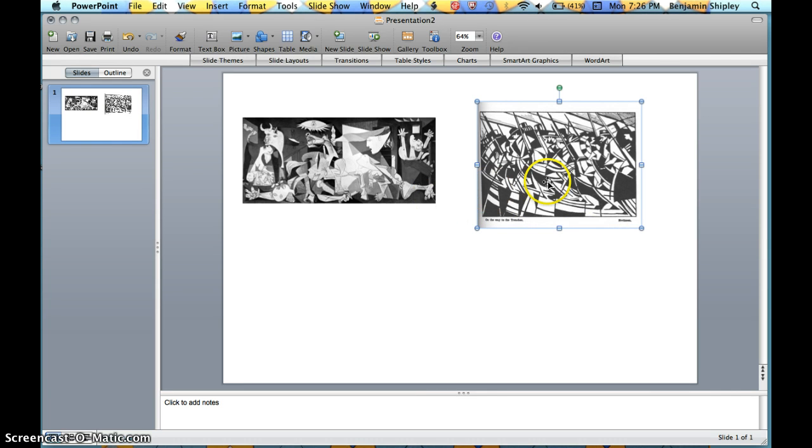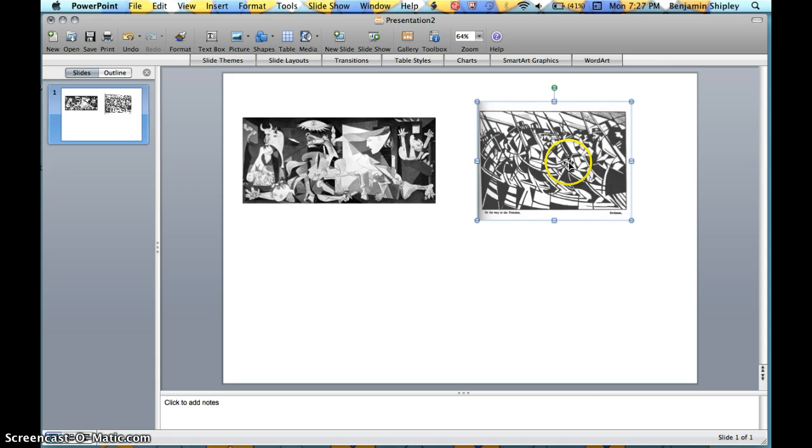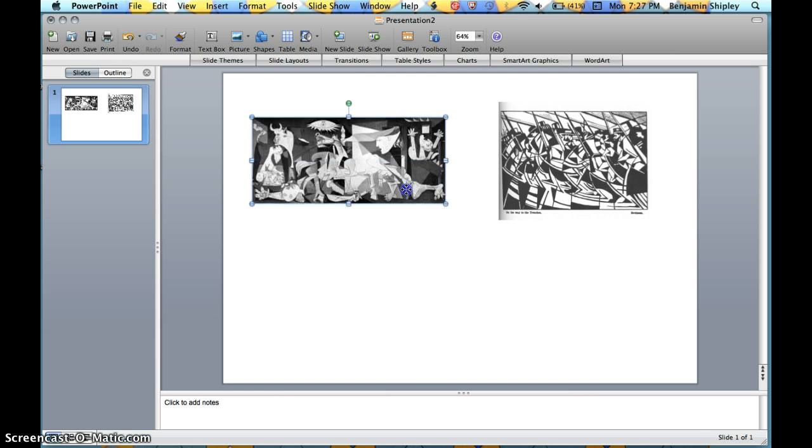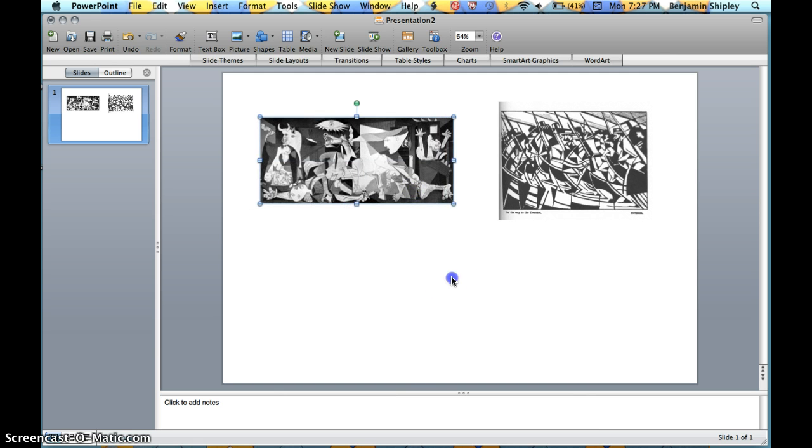An old trick that you might not know is if you hold down Shift and then go to the corner handle here and then drag, it'll keep the aspect ratio of your image the same while you are changing the size of it. So once I have these images roughly where I want them, I'm going to give the document